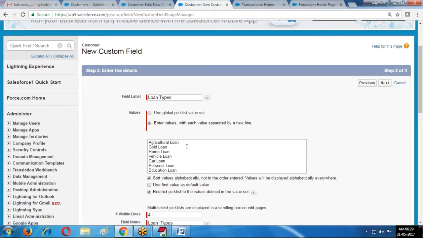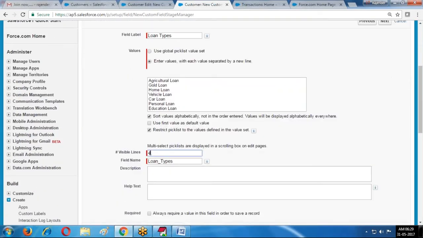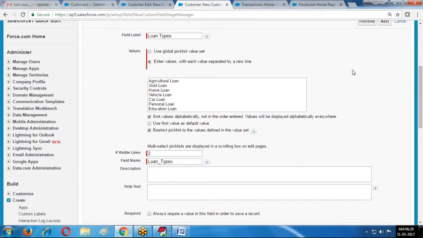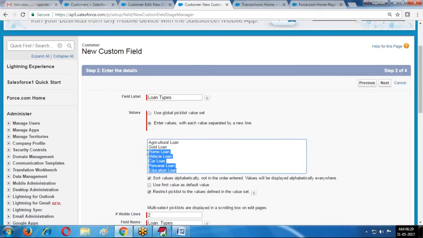Now if you want to display like this, how many rows do you need to display? Minimum rows 3, maximum rows 10 it is allowing. Whenever I select 2 rows, we get an error message like this. Here it is 7 rows.